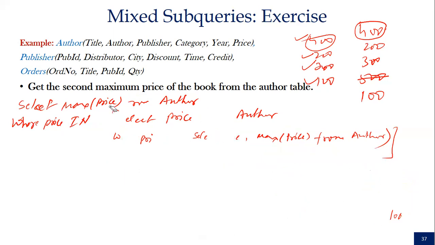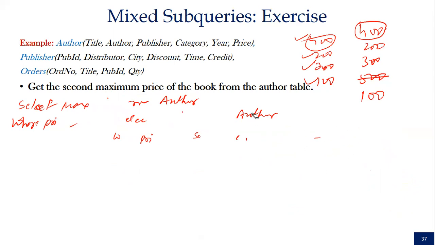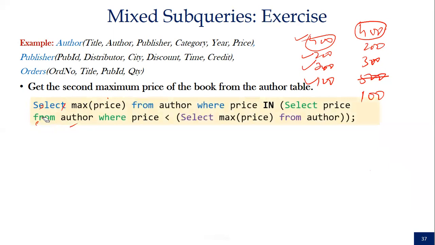ऐसे ही अब थर्ड हाईएस्ट निकाल सकता हूँ, अगेन ये क्वेरी रिपीट करूंगा। ये जो क्वेश्चन आंसर लिखा हुआ है ना, वो ऐसे ही लिखा हुआ है। ये तो मैंने इसलिए दिखाया है जिससे कि आपको ये समझ में आ सके कि क्वेरी लिखनी कैसी है एक्चुअली। छोटे छोटे टुकड़ों में काम करोगे तो आपको आसान होगा क्वेरी लिखना। तो ये देखो, मैक्सिमम प्राइस फ्रॉम ऑथर, पहले ये एग्जीक्यूट होगा तो ये आपको 500 दे देगा। अब 500 से छोटा चाहिए तो ये वाली क्वेरी आपको 400, 200, 300 एंड 100 देगी।